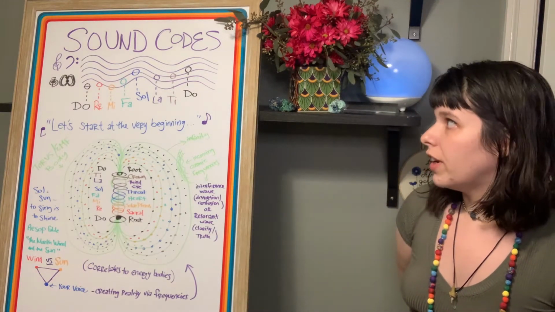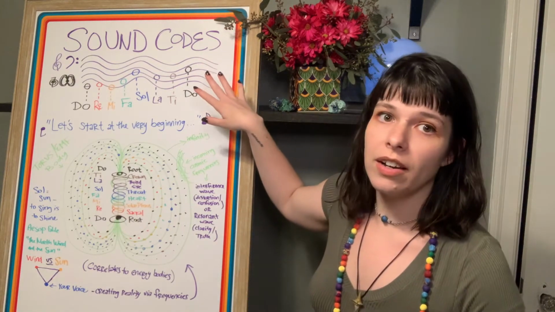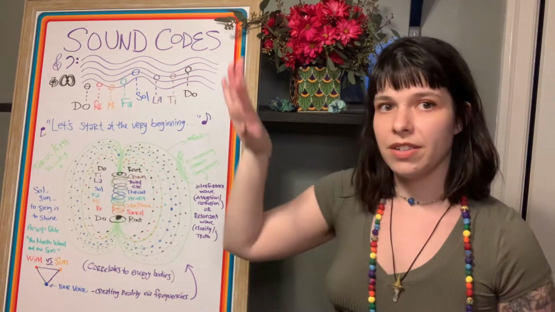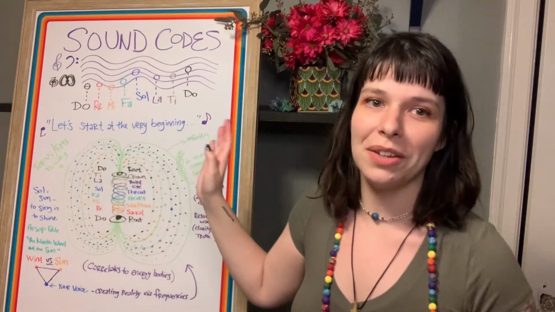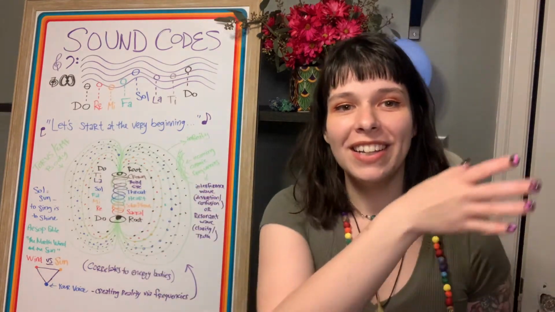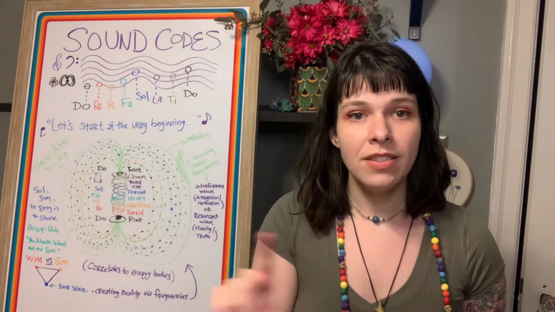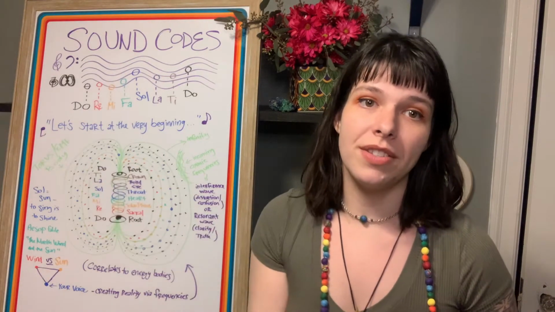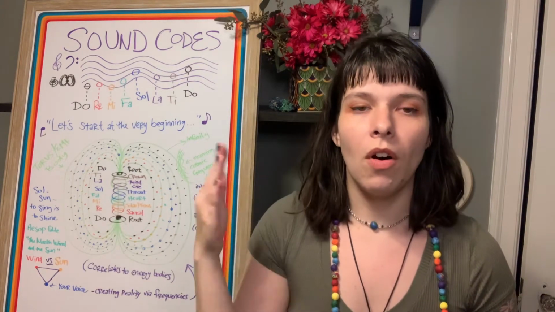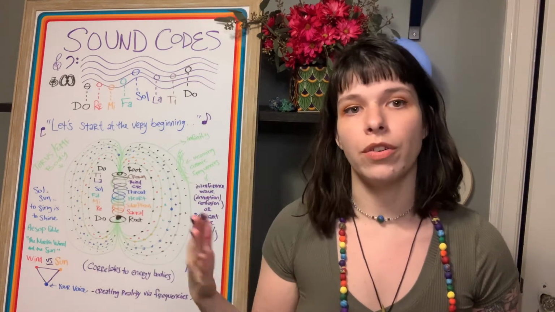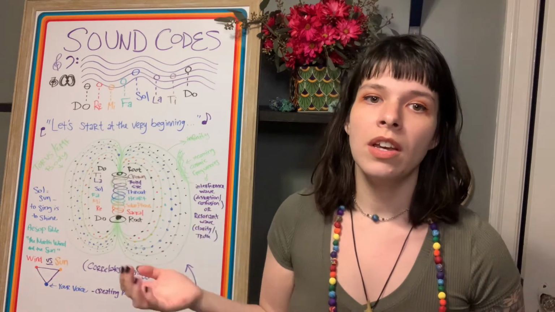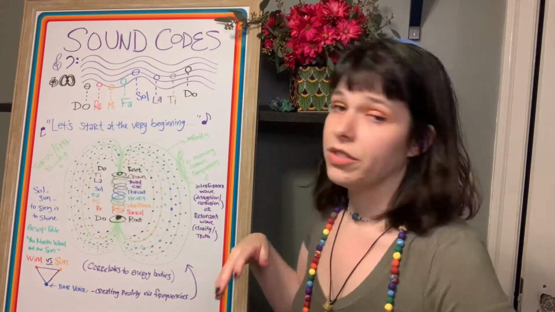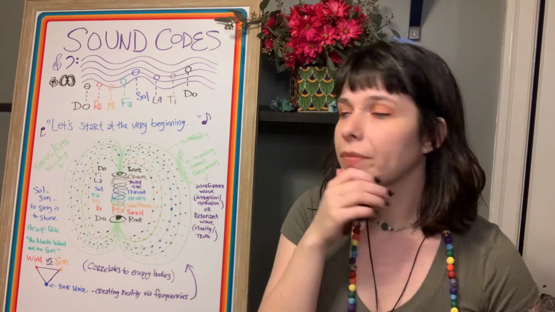So I drew up top here a musical staff, and the musical staff is made out of, it's not normally wavy on a piece of music, but it is just a bunch of lines, and to see them out in the universe, to see them in your body, would be to see them all as moving lines that are all different frequencies, all different tones of differing levels. Or dimensions, however you want to call it.